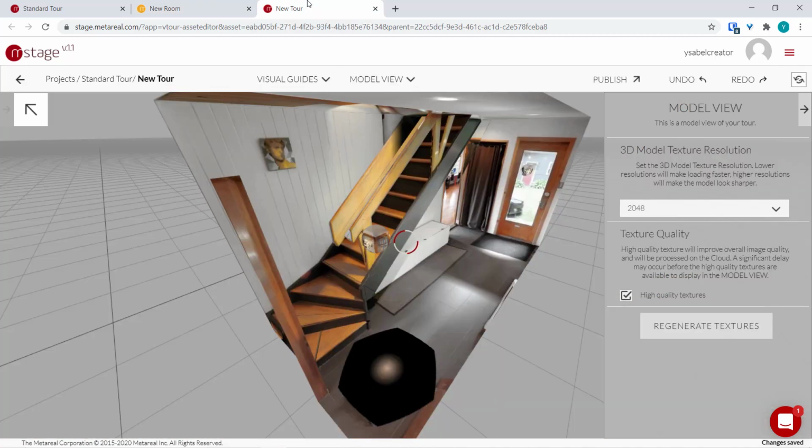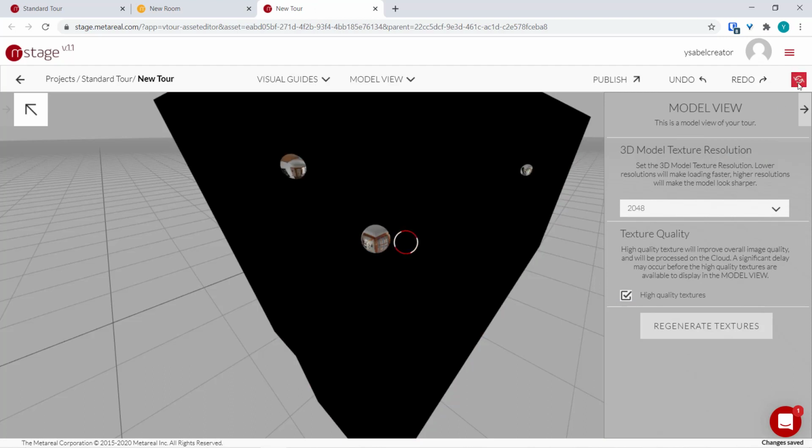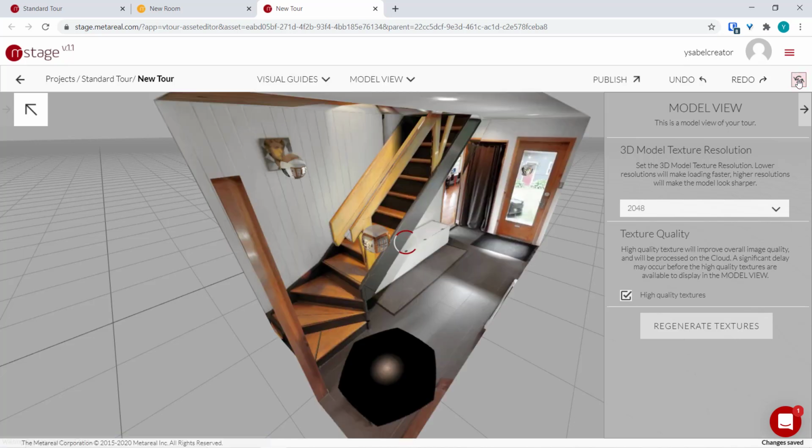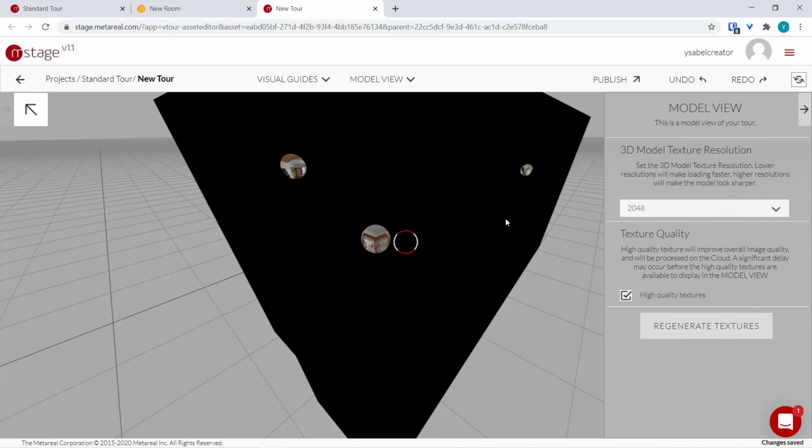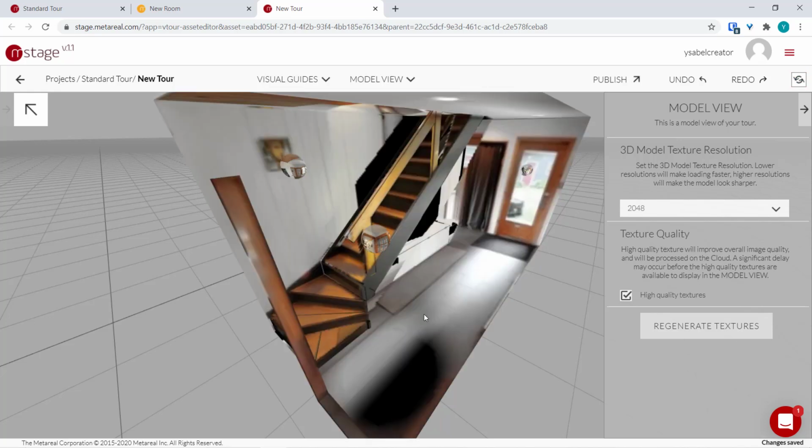I am again going to generate our model, and it should look better now that we have a new panorama. And the reason for that is the more panoramas we have, the more information Stage has about our room. Like it knows what this spot is going to look like from multiple angles,